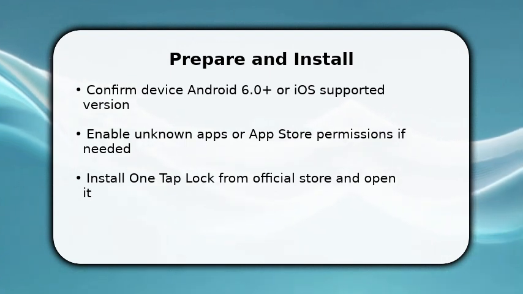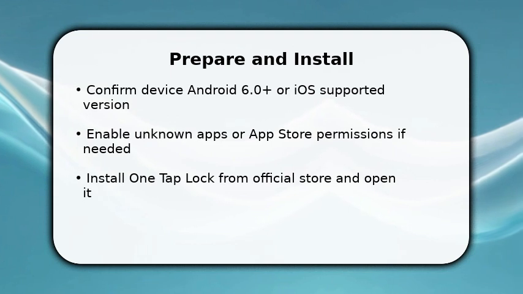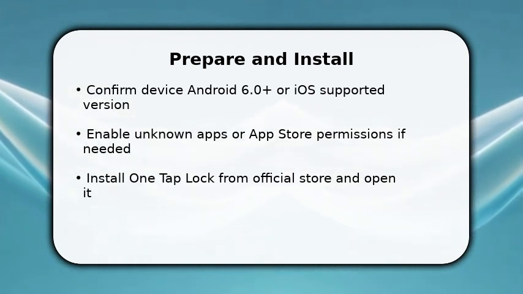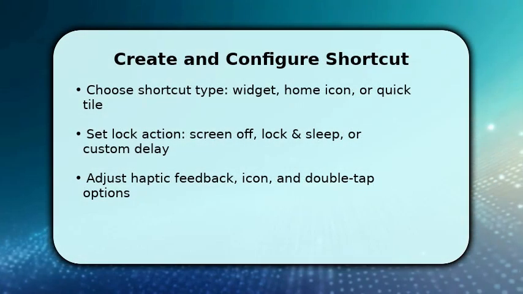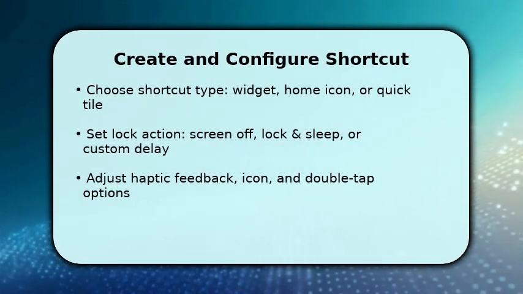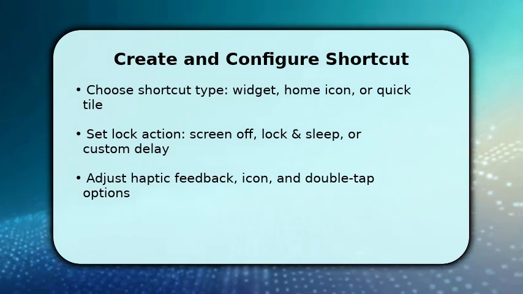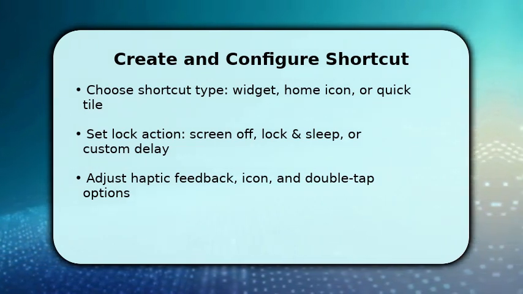After granting access, tap the initial setup to create the shortcut you will use in the next step. You now create the one-tap shortcut. Select Widget, Home Icon, or Quick Tile depending on your launcher. Widgets are fastest. Then pick the exact lock action, screen off for instant lock or lock and sleep to trigger